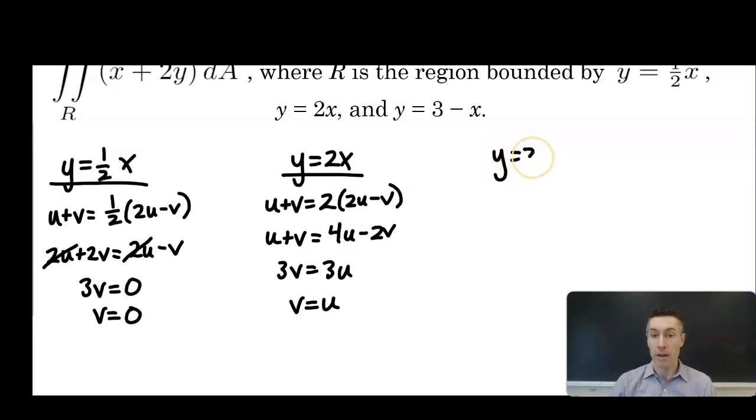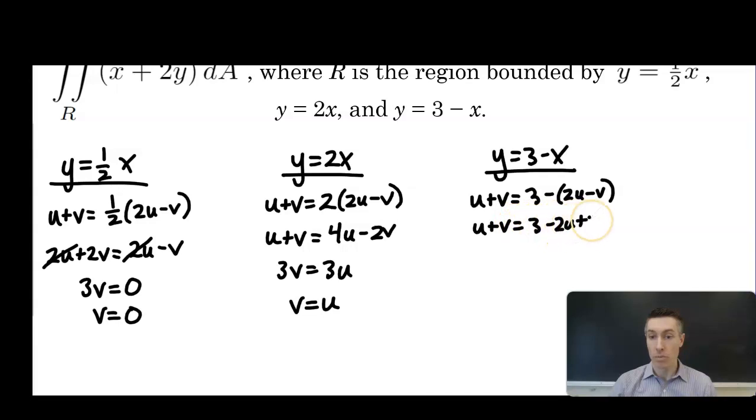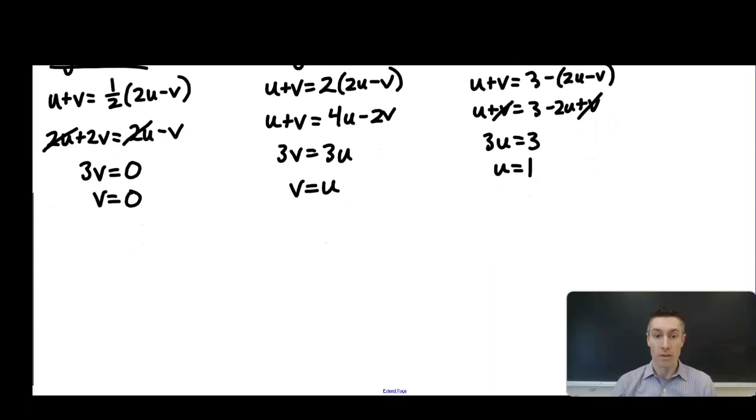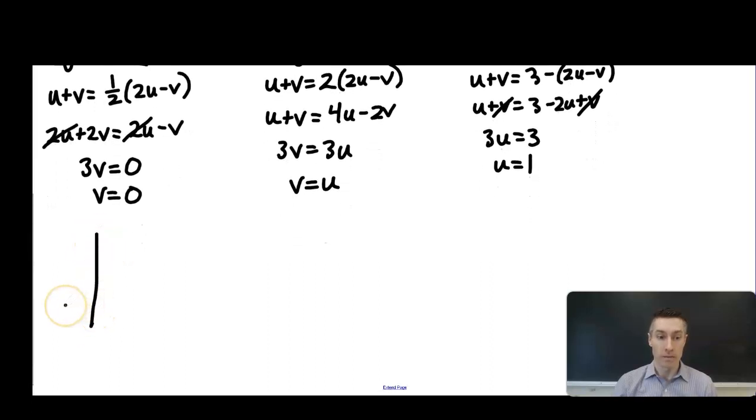And then lastly, we have y equals 3 minus x. So that's going to be u plus v equals 3 minus (2u minus v). So u plus v equals 3 minus 2u plus v. The v terms simplify here. So 3u equals 3, u equals 1. Right, not the fastest process, but just a matter of going through, plugging the transformations in, simplifying to get curves in the UV plane. So if we drew this in the UV plane,